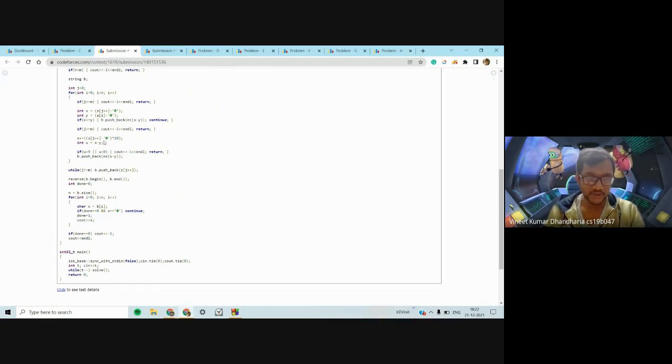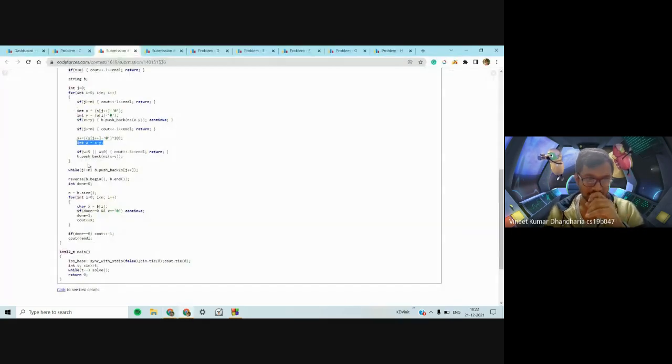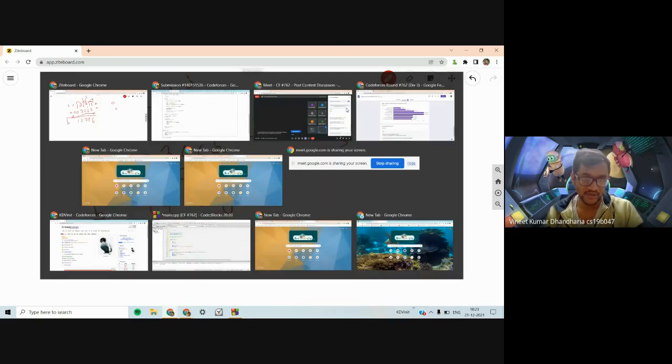Now you see their difference w, which is x minus 5, which would be 11 minus 5, so 6 here. If this w is greater than 9, then again we know that nothing in b can exist, because each character of b should be between 0 and 9. So that way we are gone. If after that w was less than 0, then this value is still less than a's current digit, and we know that nothing can be done. So we are again gone.